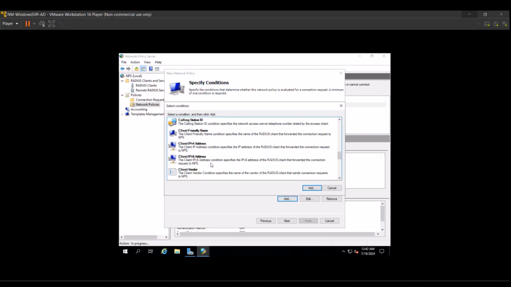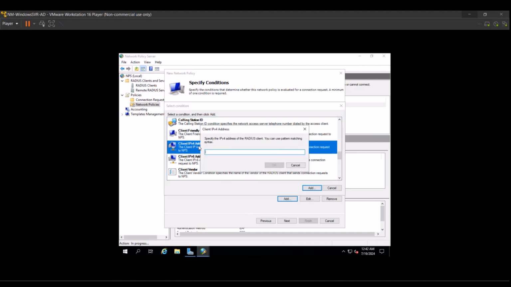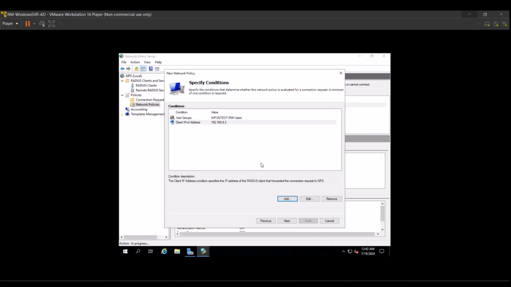and then I'm adding my client IP address as the IP address of my switch, 192.168.2. Right. Here I had two conditions. One condition is my read write user group, and another condition is my switch IP address, the IP address of the switch that we are going to configure the triple authentication. Then click next